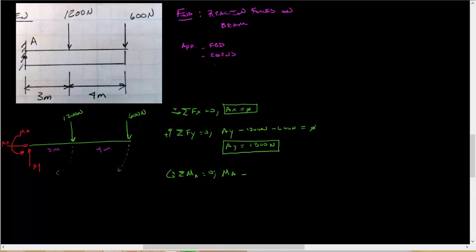So I'm going to say minus 1200 newtons times its distance, which is 3 meters, minus 600 newtons times 3 plus 4, which is 7 meters, is all equal to 0. Putting all this in my calculator and taking all of this to the other side, I get that moment about A is equal to 7,800